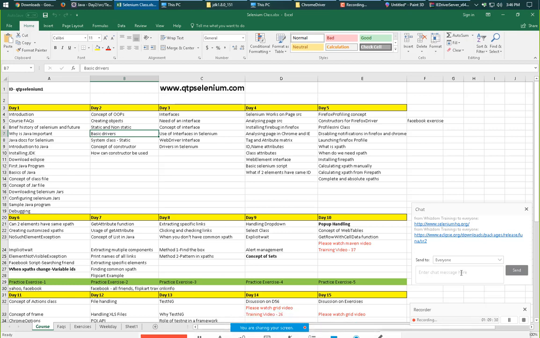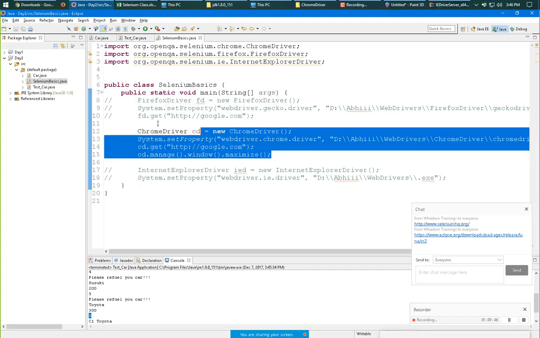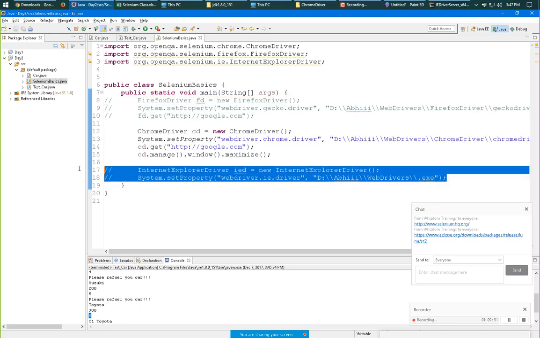Other than that, I should work on other exercises. Yes, you can try to open browsers from different drivers, the way I did here. I used the Chrome driver, the Firefox driver, and the Internet Explorer driver.